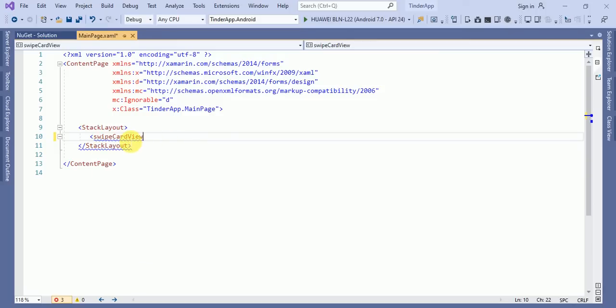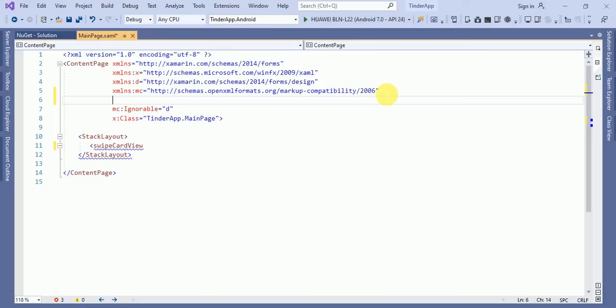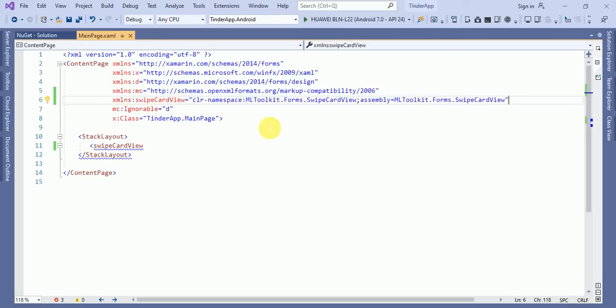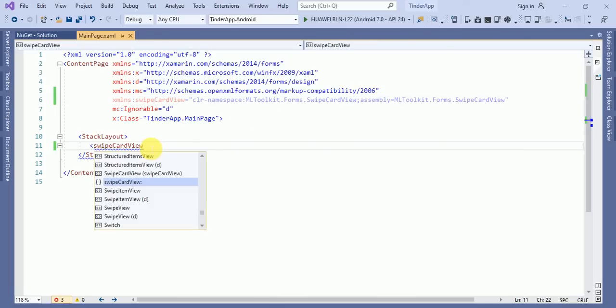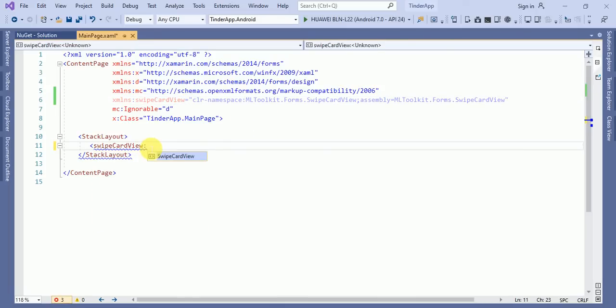For that we have to add a namespace over here. This namespace we have to add over here: SwipeCardView.SwipeCard. Okay, my system is a little bit slow.